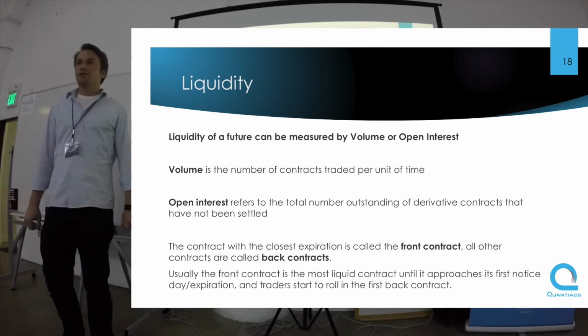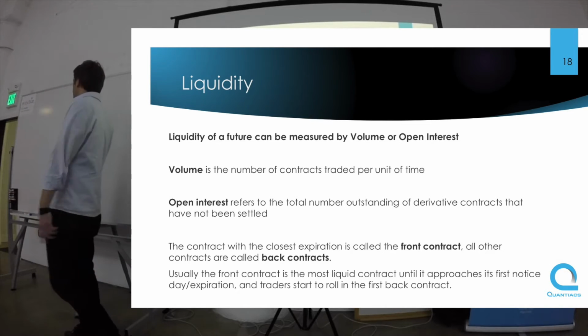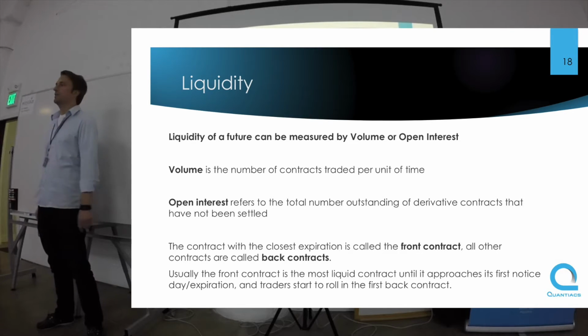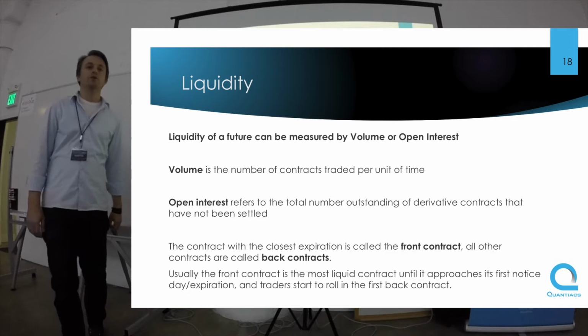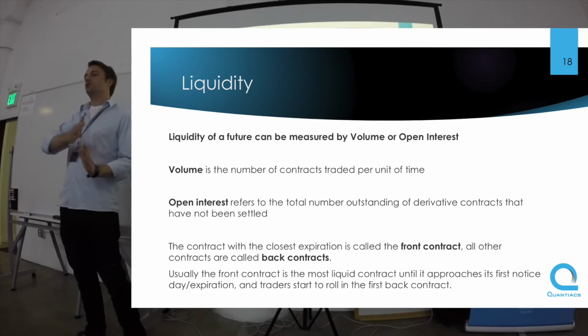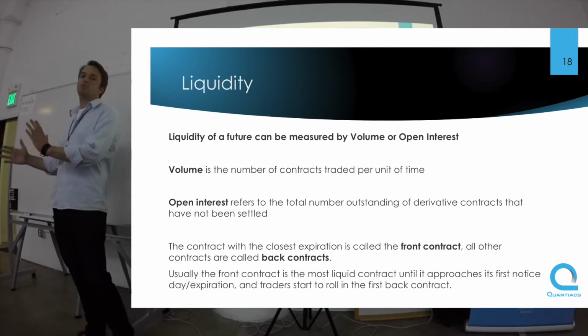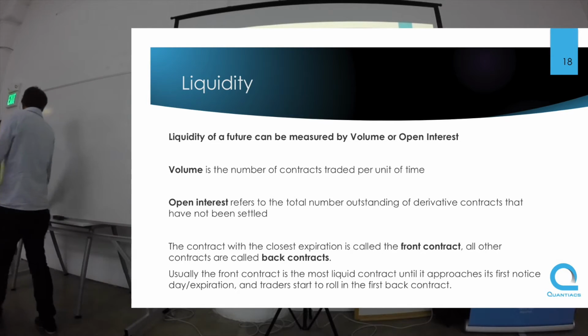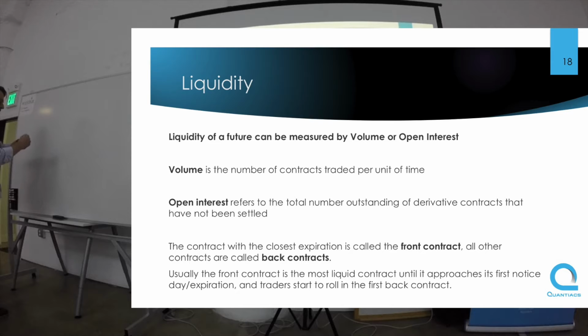In production and in the backtesting toolbox, we will talk about that a little later, we roll the futures with an open interest switch. That means at that point where the front contract reaches or gets close to its expiration, we roll into the first back contract. Let me illustrate this.